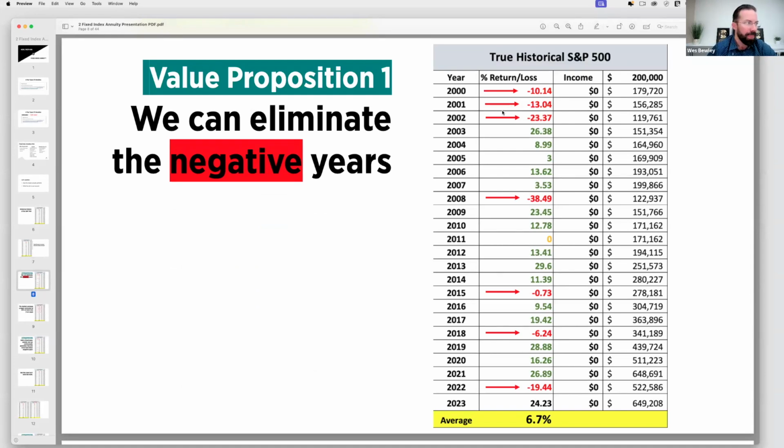And two things I want to tell you on this slide, real quick. Number one, some people would say, well, Wes, my guy or my girl actually beats the S&P 500. He or she does much better than the market. And that may be, but it's also important to know that less than 10% actually beat the market. So do you have a 10 percenter? I'm not here to tell you you do or you don't. But what I am here to ask you is why even run the risk? Why even get on the roller coaster of wondering if you have a 10 percenter?